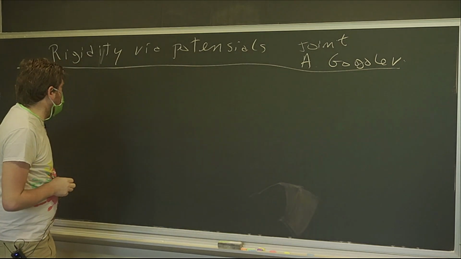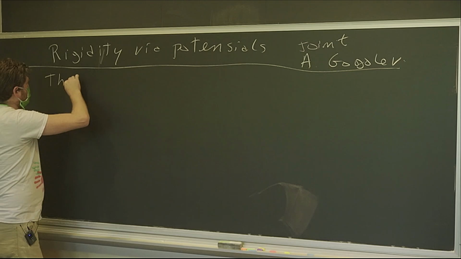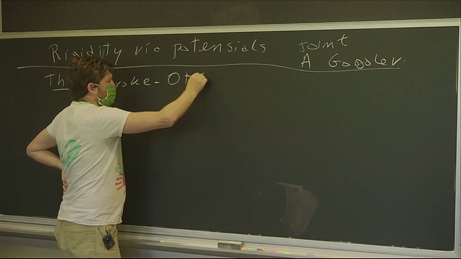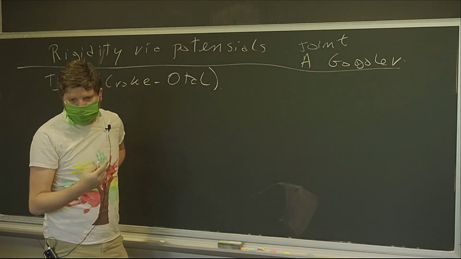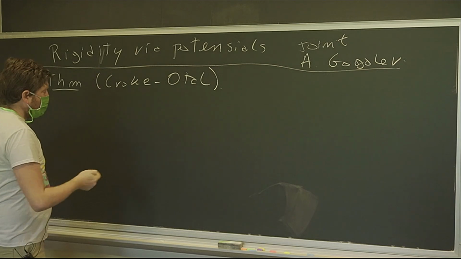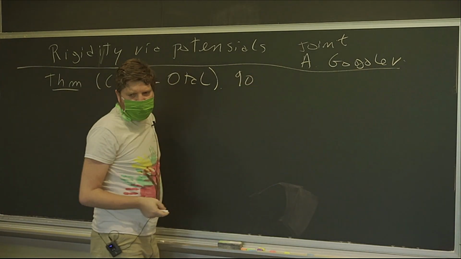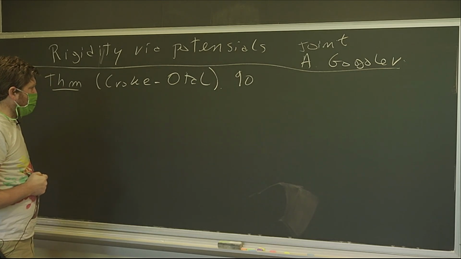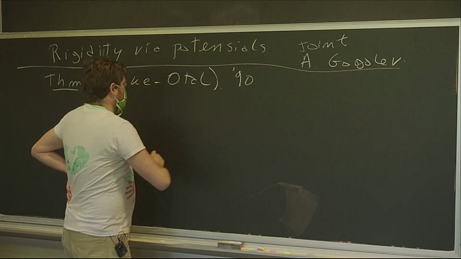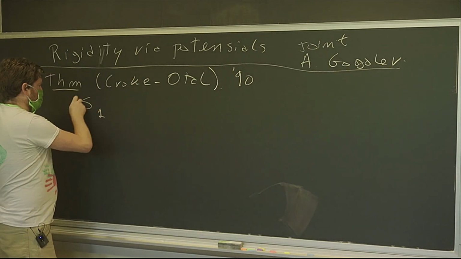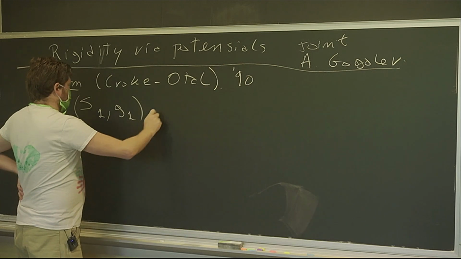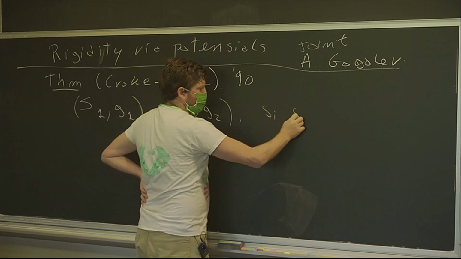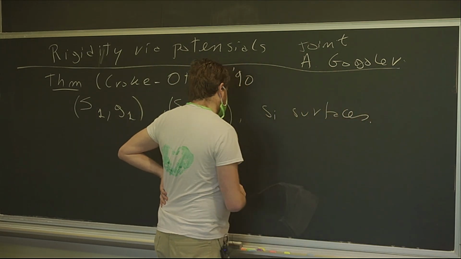So let me just give you a somewhat famous theorem by Croke-Otal. It's not joint work, it's two independent works from the 90s, maybe 89, 88, and 91. They show that if you have two surfaces, negatively curved,